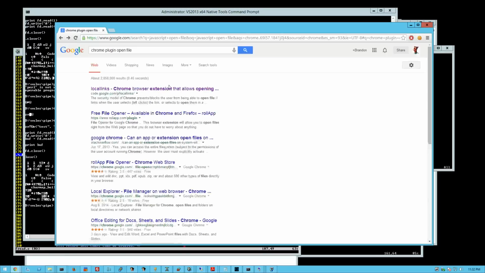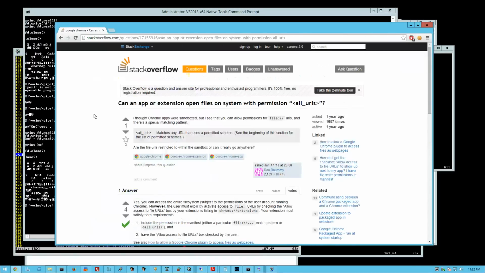Local links. Nope. You can access the entire file system. Trying to think. What is something that would allow you to, in a browser,